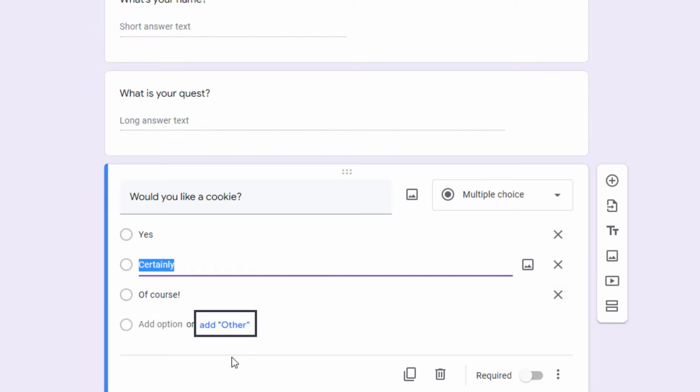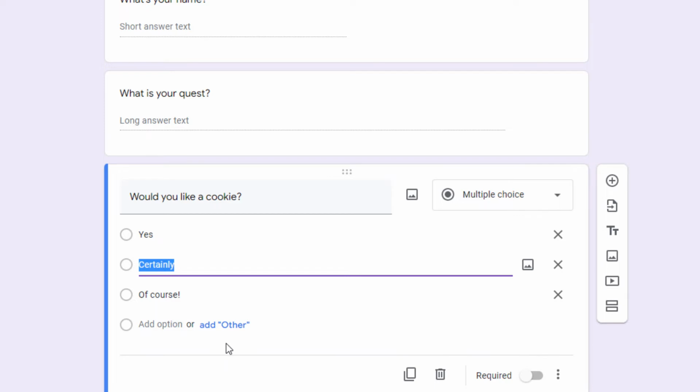There's also this Add Other link. That lets somebody put in their own text if they don't like any of the answers you gave them. One bit of warning, if you're going to do any sort of aggregation where you count the number of times they make each answer, each time they use a different other, it'll be a separate thing. So keep that in mind as you're adding those Add Others in.